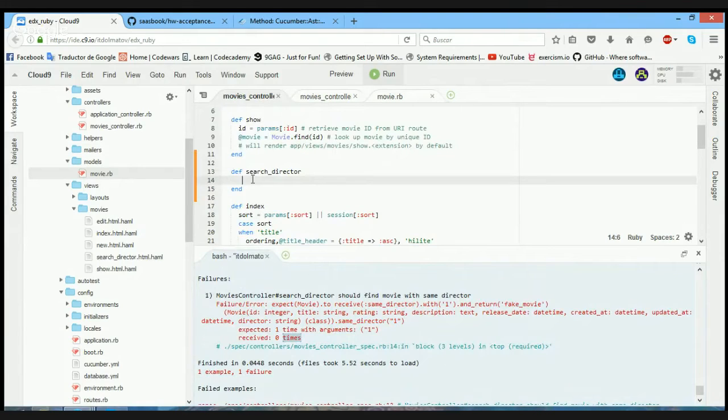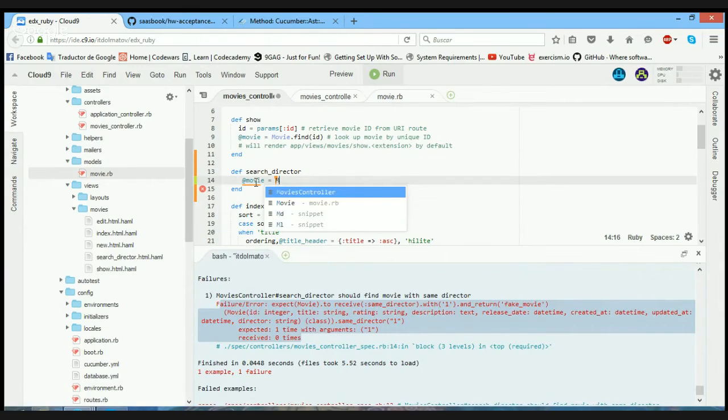Did you start Cucumber or RSpec? RSpec, yes. So now that my test failed, I'm going to write in the controller so my test will pass, okay? I'm going to assign this instance variable movie so later in the view they could use it. Movie.same_director